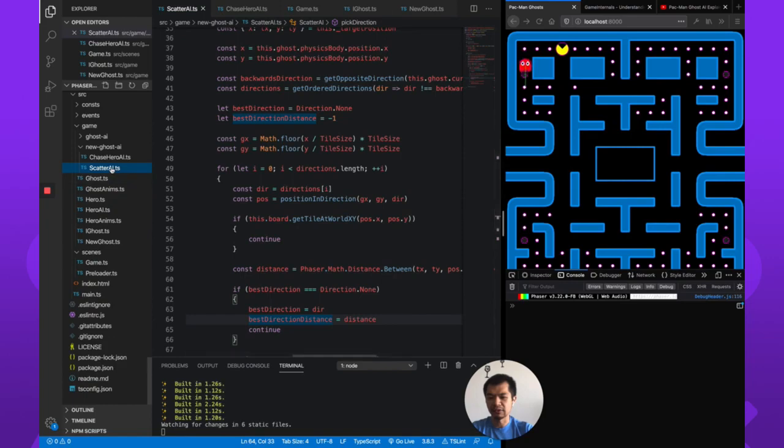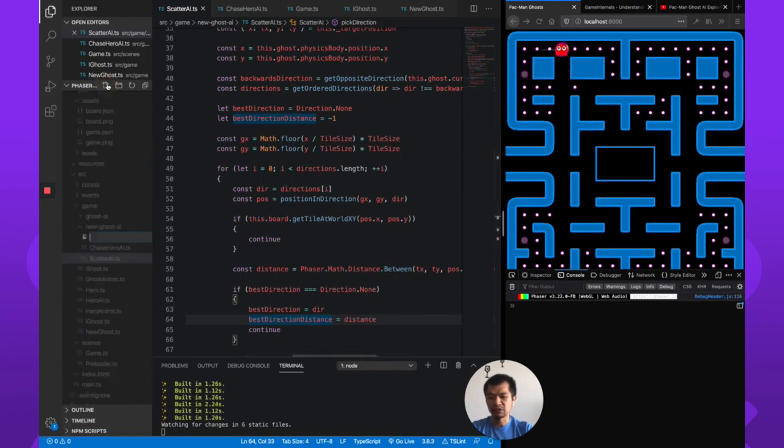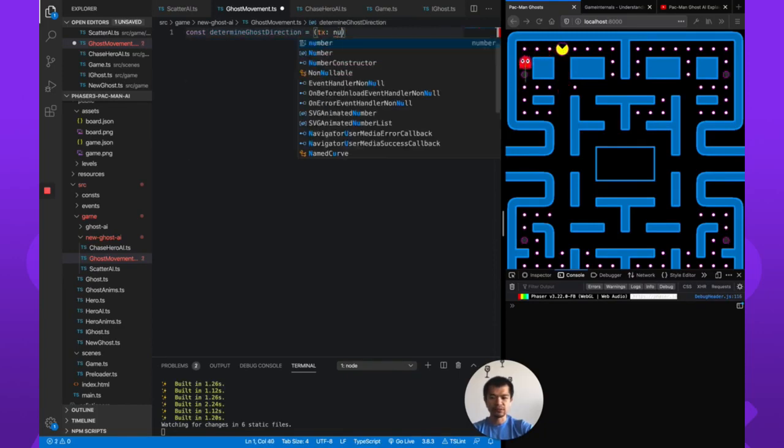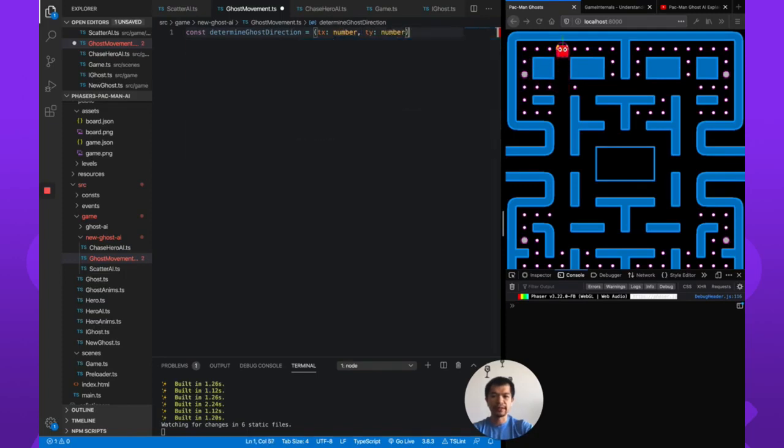So let's here, I'll just call this ghost movement. How about that? ghostMovement.ts, and then we say determine ghost direction. That is what it's doing. Determine ghost direction, and we're going to give it a target. So target X, target Y, and then